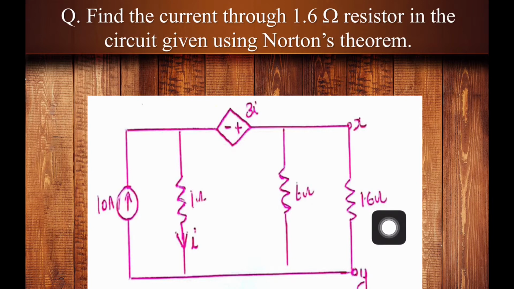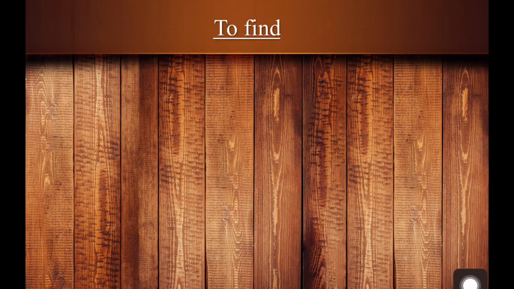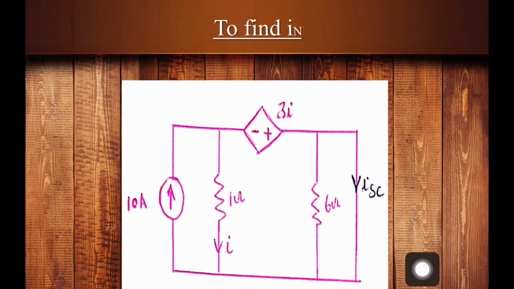Alright? So for finding out the Norton equivalent circuit of this portion of the network, we are supposed to calculate two quantities, Norton current and Norton equivalent resistance. Let us first focus on Norton current, which is nothing but the short circuit current across the load terminals. So we short circuit these load terminals and get a circuit like this. ISC is marked as the short circuit current in the downward direction.